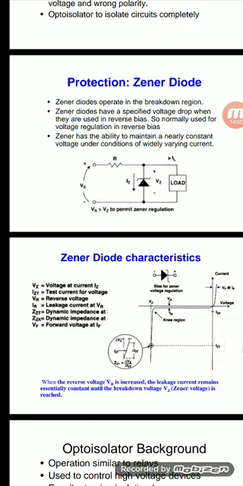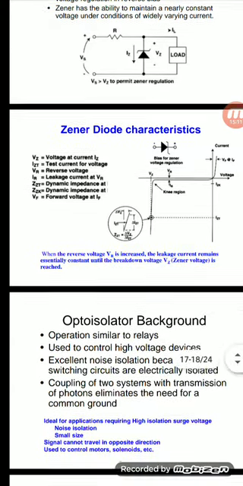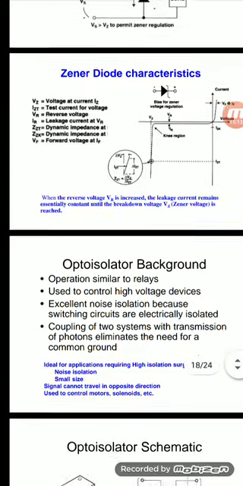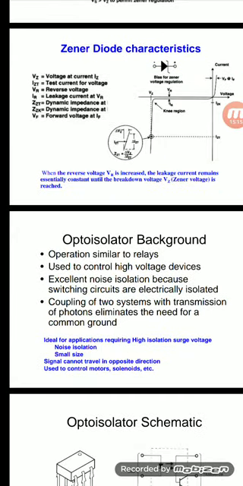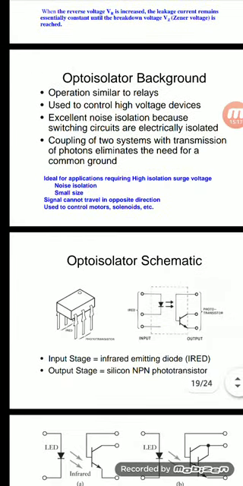Okay, this Zener diode has a VZ voltage at the current IZ. IZT means test current for the voltage. VR means reverse voltage. IR means leakage current at VR. Then dynamic impedance. So that is called the Zener diode characteristics. These characteristics of the Zener diode are totally dependent upon